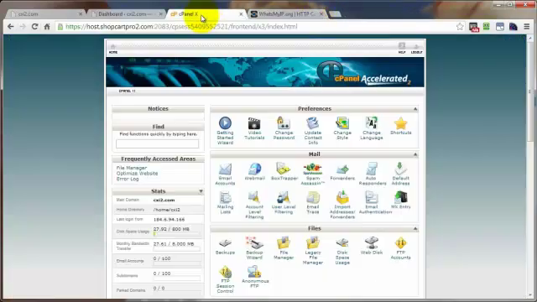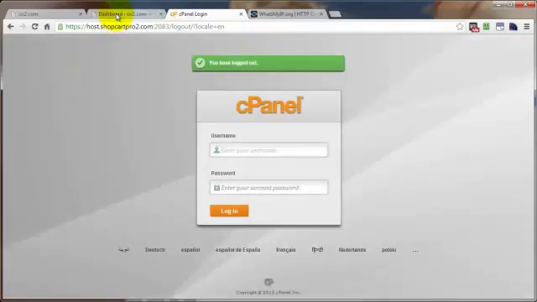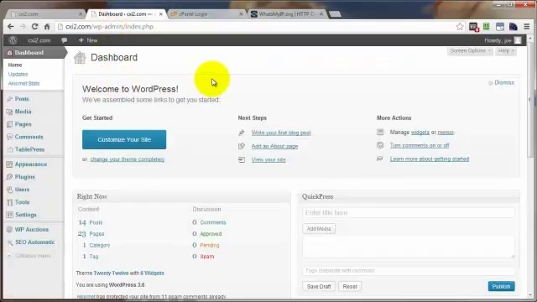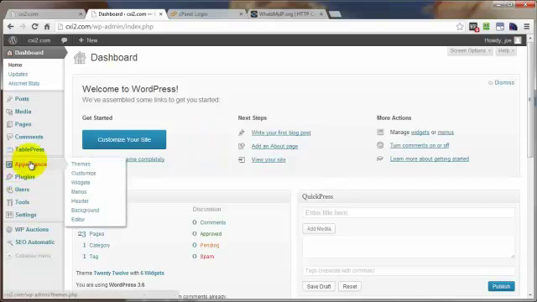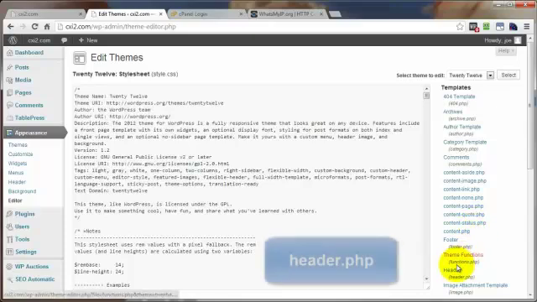Get out of here. And we're pretty well done here as well, so I'm going to go ahead and log out of here. So what I want to do at this point is log into the dashboard area of our WordPress site, and I've already done that. And if you're not familiar with how to do that, there's plenty of tutorials online. Basically, you just put in your URL /wp-admin. You'll probably be prompted to enter your username and password, and then just log in, and you'll end up somewhere like this. At this point, you want to come into the Appearance panel, go down to Editor, and you want to come over here to the far right and click on Header,